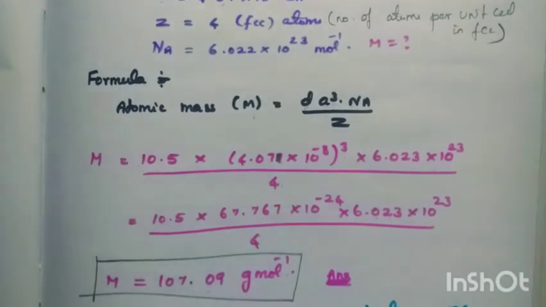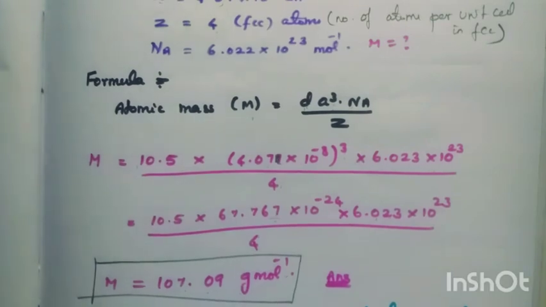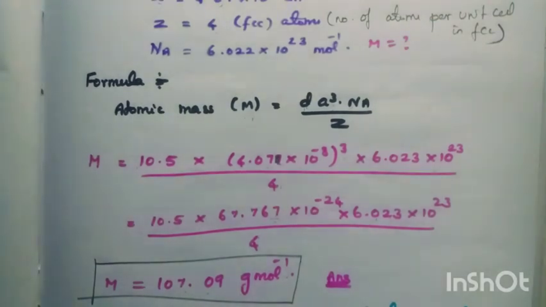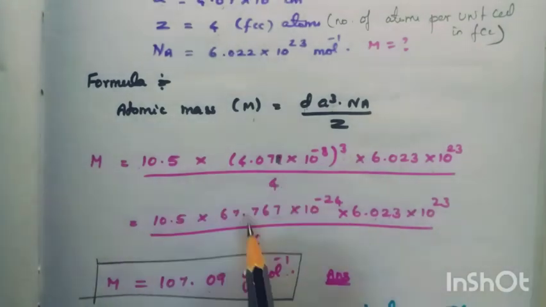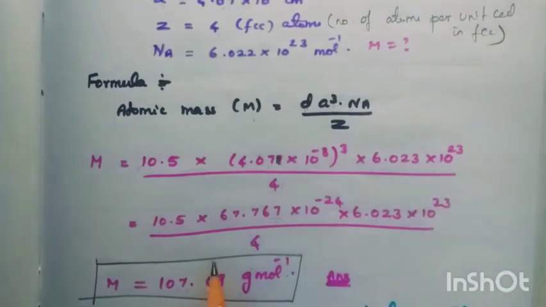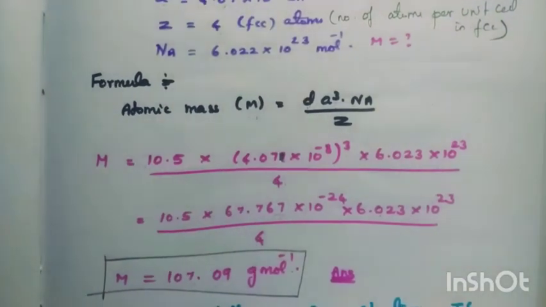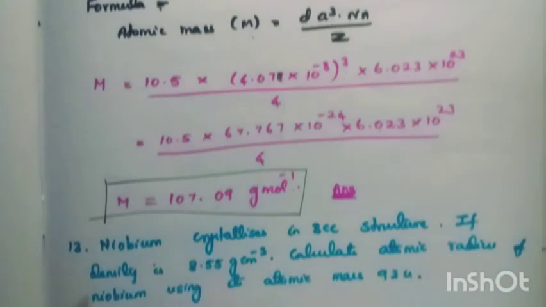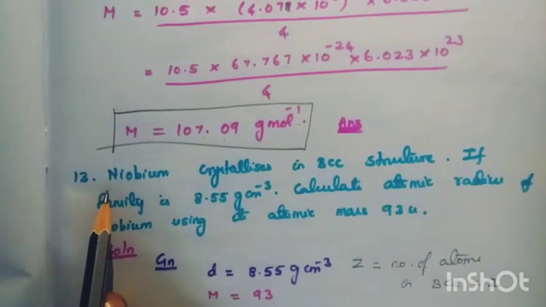So, I have to find the log value. It takes time for me to explain that. You all know how to find the log, so I directly substitute the values here. You find the log or directly multiply these values on the side and then substitute here. This is the answer. Now, 13th question.